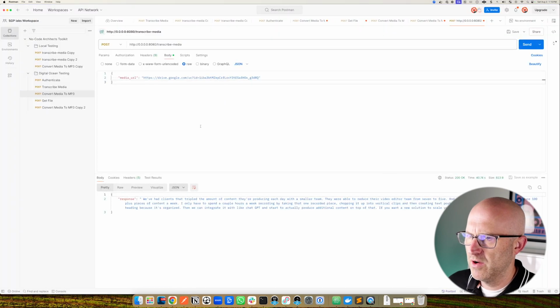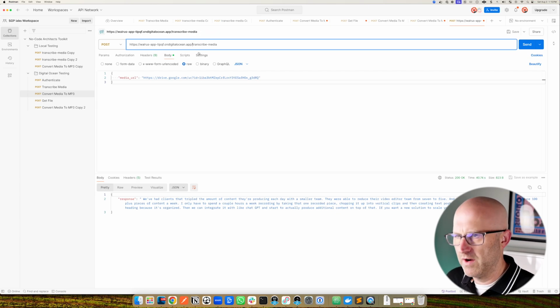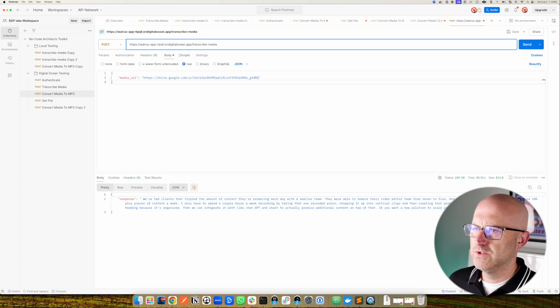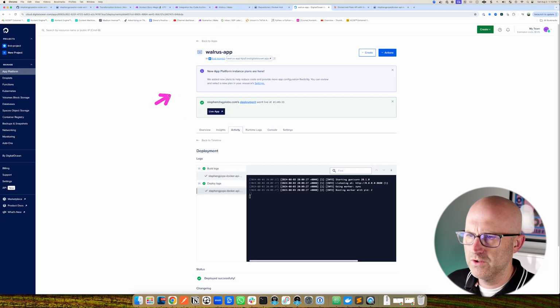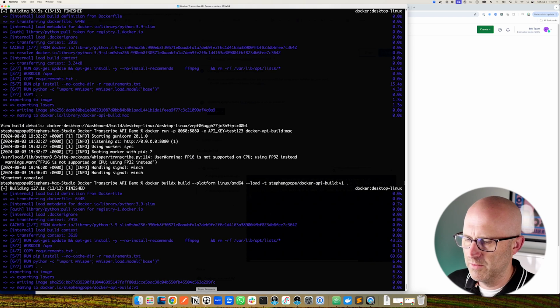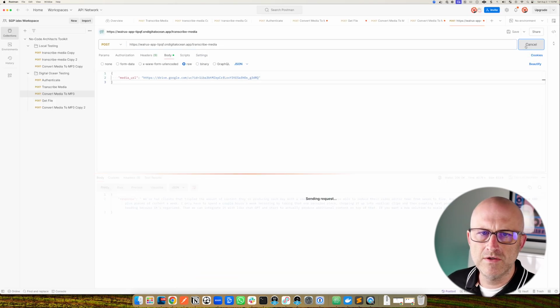I can come back to Postman, and instead of sending this API request to our local server, which is no longer running, I'm just going to simply replace this section here with our new URL that was given to us from DigitalOcean. Make sure you don't add in 2 slashes there. I'm going to remove one of those. And now I should be able to use this same API call to call our DigitalOcean server instead of our local server that we had running in our terminal here. So I'll go ahead and come back to Postman, and I will send this request now to our new server,